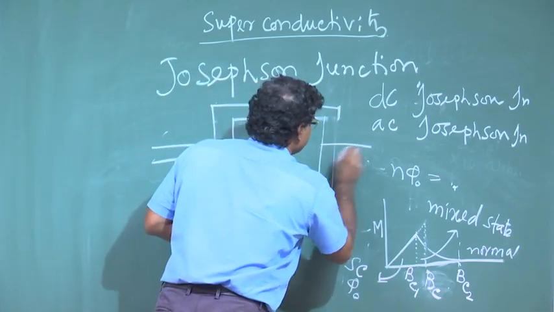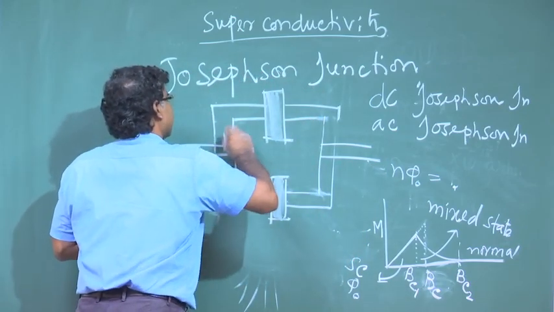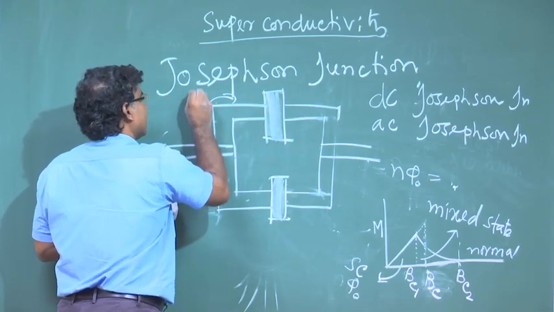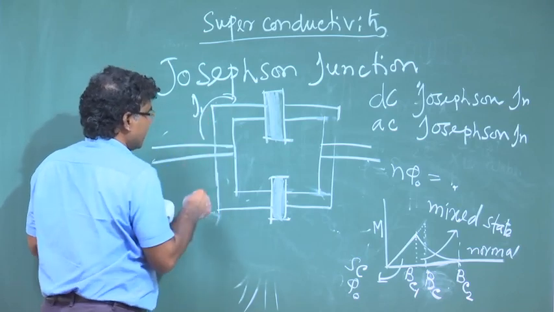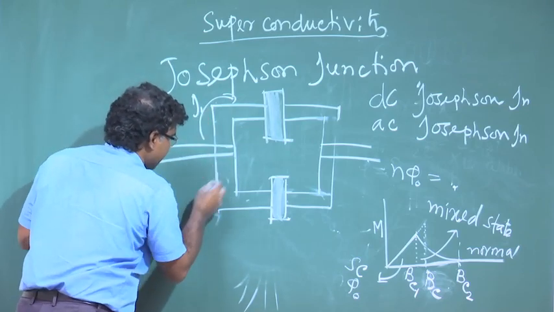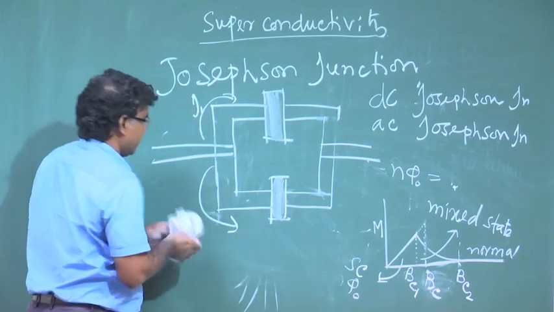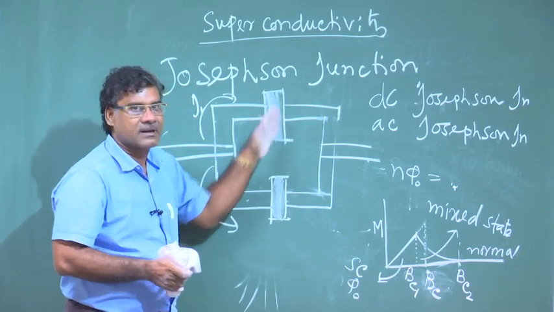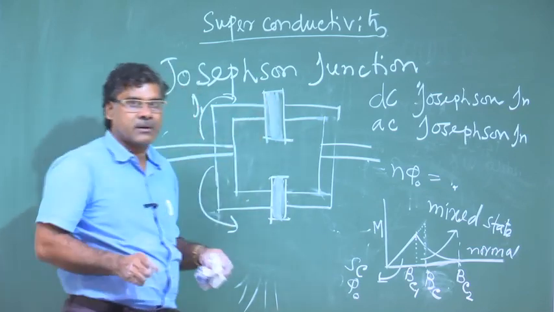So, current will come here and one current will flow through this junction, this is J1, and the other part of the current will flow through the other junction. The thickness of these two junctions is different. So, when current passes through it,